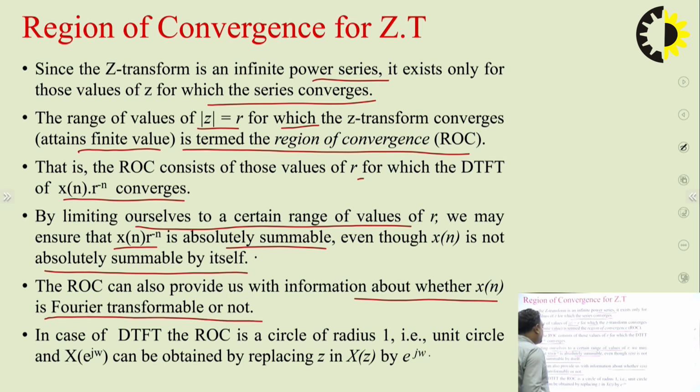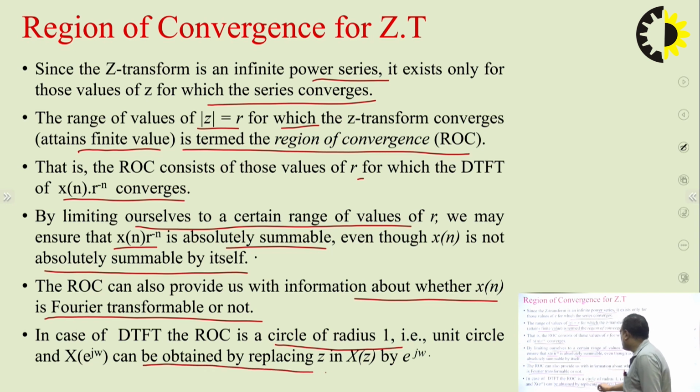So this we will see how from the xn we will get the information that how our signal is Fourier transformable or not. In case of DTFT, the ROC is a circle of radius 1, that is unit circle, and X(e^jω) can be obtained by replacing z in X(z) by e^jω. So if we came to know that the signal for which we are applying Z transform